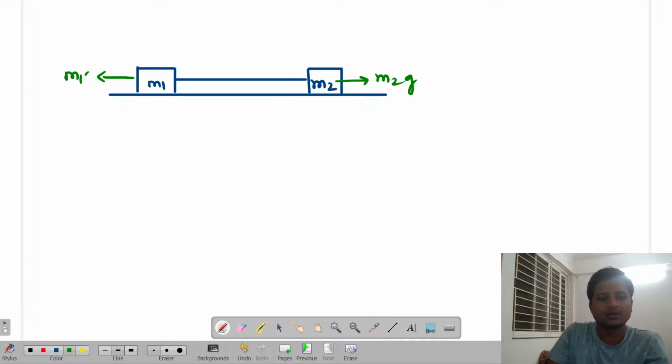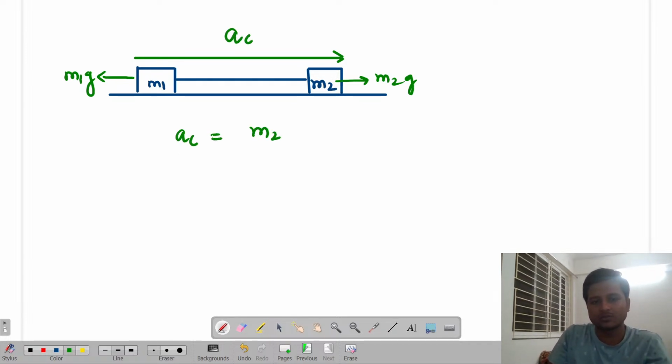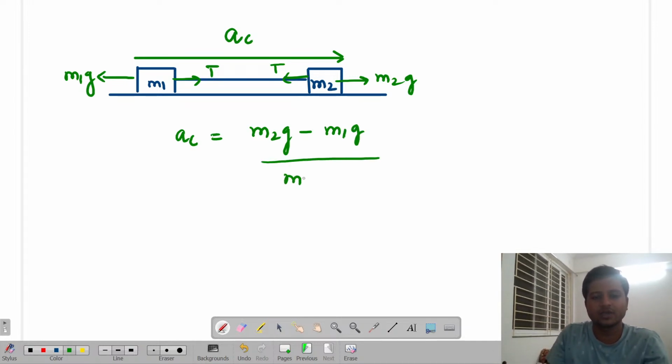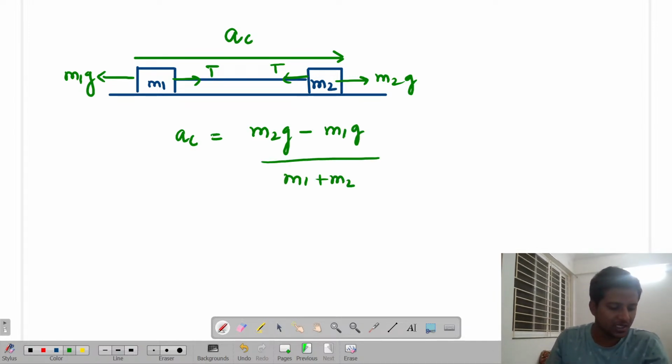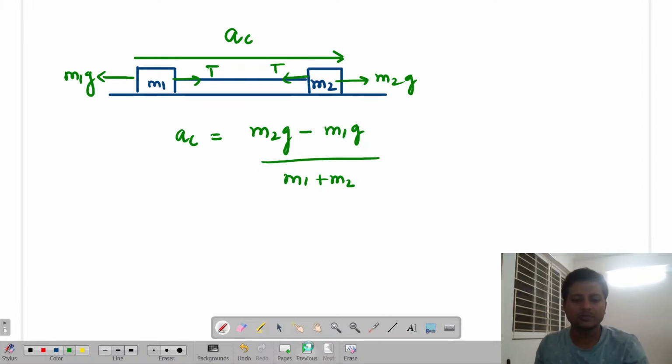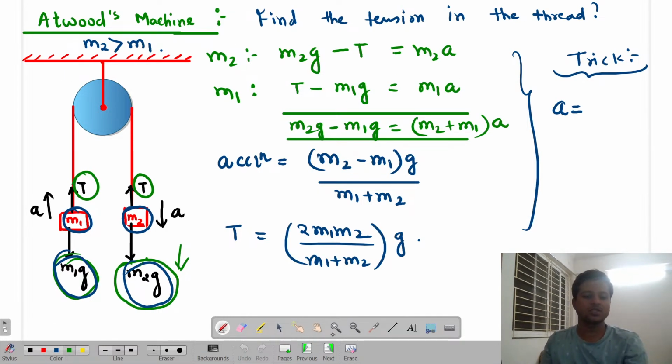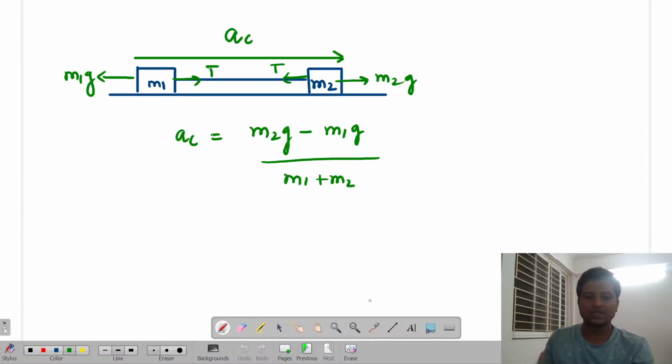Are you able to get me? But they want to move with a common acceleration along the horizontal direction, isn't it? Yes. So basically, I can write it as what? A pulling force minus, as this will develop the same tension and these two tensions will get cancelled. So M2G minus M1G divided by M1 plus M2. So if this pulley is smooth, you can bring the whole pulley system onto a horizontal axis. Are you able to get me or not? And then you can write the equation.